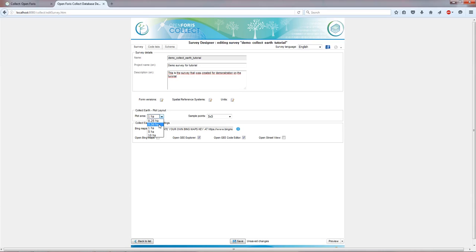So let's say that we just choose a half a hectare plot because I'm going to do a survey in which half a hectare is good enough. And also I can choose what is the layout, how does the plot look. Do I want an empty square, so just a half a hectare square? Do I want a central point, meaning one half a hectare square with one central red dot